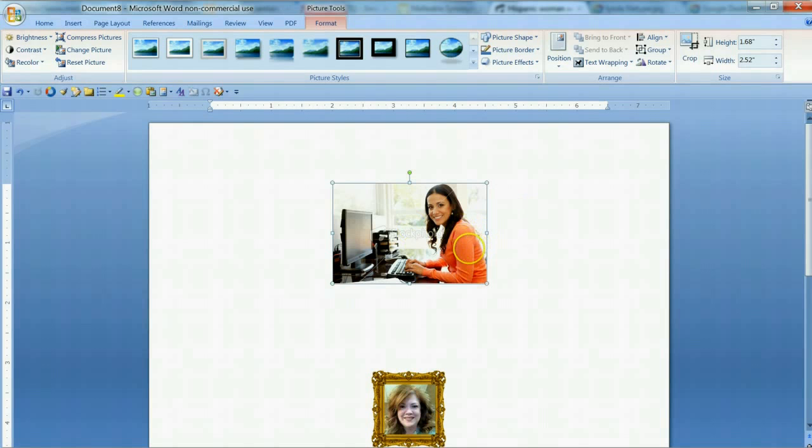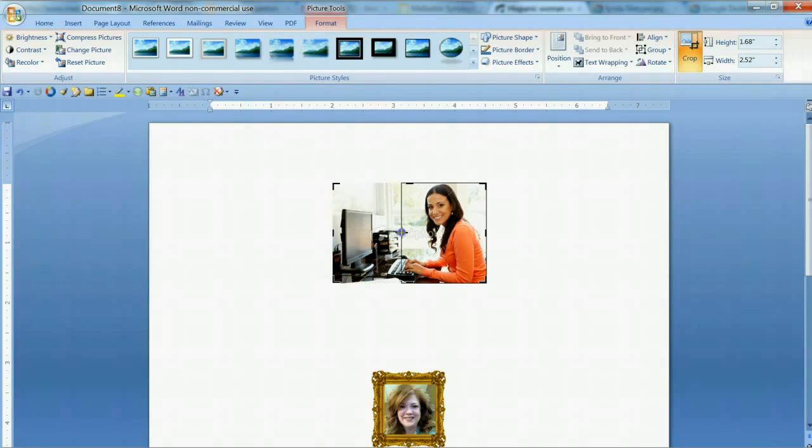So now I'm going to crop it. I'm going to click on my crop tool right here, and you can see that the handles have now changed to these crop marks, and my cursor has changed to what we call a crop tool. When I go over to the handle, you can see how it turns into almost like a little pusher. So you click and hold your mouse and push against that handle and push in, and it will allow you to crop off as much or as little of that image as you want to.